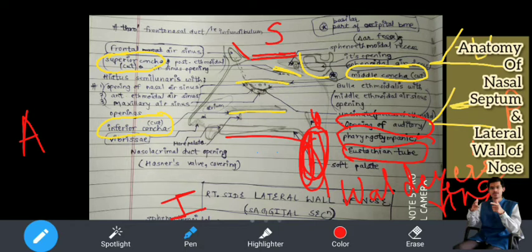Then she asked me, this sagittal section was kept for me in the exam, and she asked me which is this tonsil and what is this opening. Then I said that it is a tubal tonsil and this is a eustachian tube. She asked me what is the function. I said it balances the air pressure in the ear cavity and the pharyngeal cavity, or in the throat cavity. This is how you have to answer.